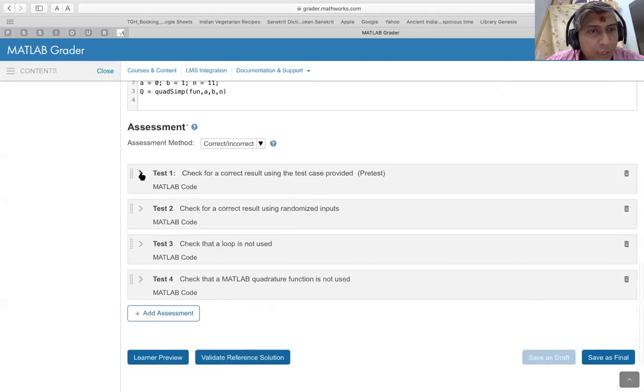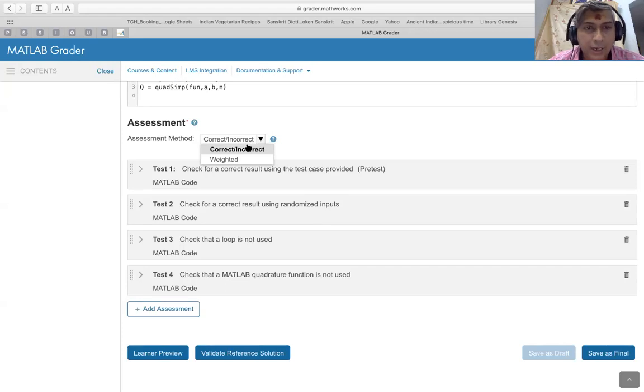So let's go to the assessment part here and see what constitutes assessment. As you can see, there is this drop down menu for the assessment method, whether you want to do a correct or incorrect or a weighted one.